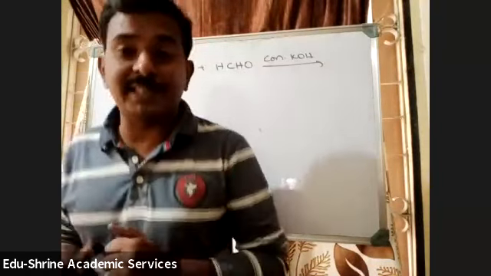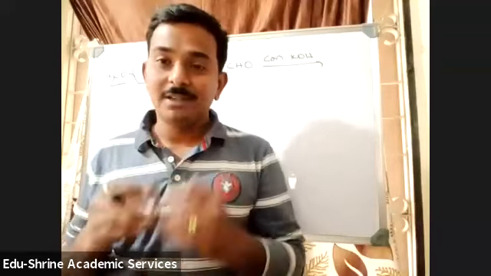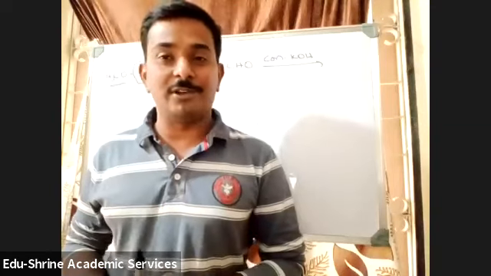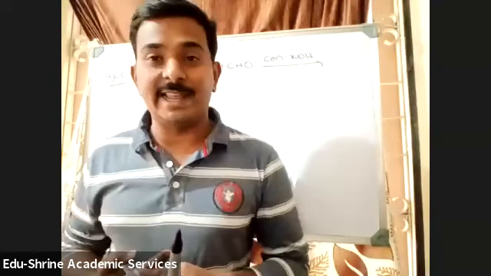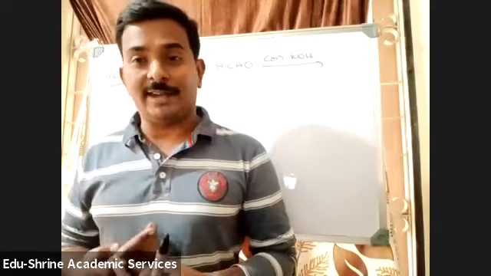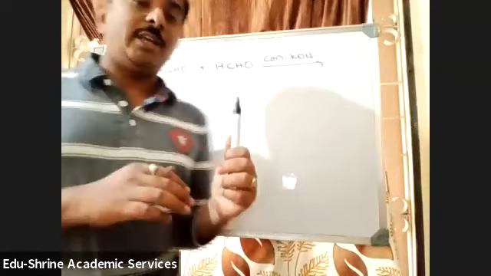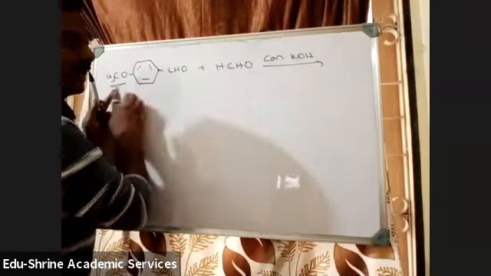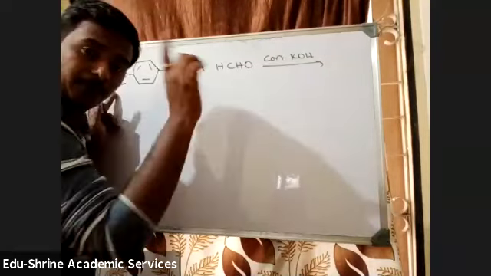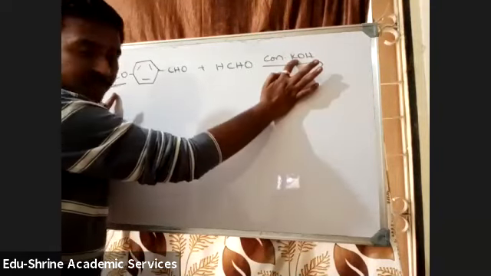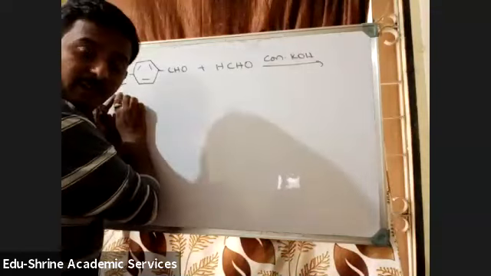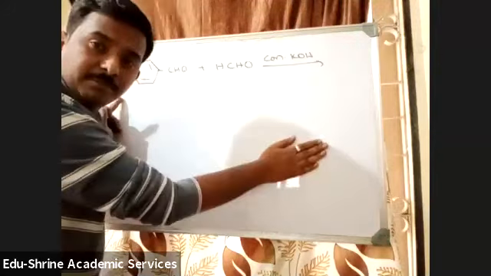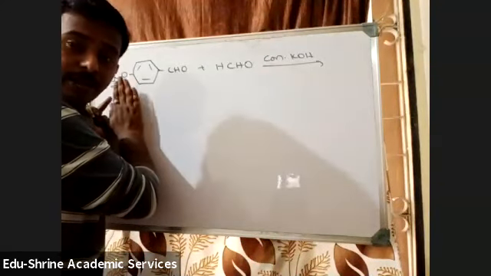Questions like this will come in the entrance exam, students. Not for NEET, but for JEE or any higher-level exams, there won't be only one functional group which is going to react. They will give many functional groups in the reactant. You need to identify how they are going to react. Here there is an ether and an aldehyde. Immediately on seeing this, you should first identify whether the ether will react or not. That means you should know ether reactions carefully. This is a base, so you need to check whether ethers are acidic or not. Ethers are not acidic because they do not contain any hydrogen attached to an electronegative atom. So the ether is not going to react.